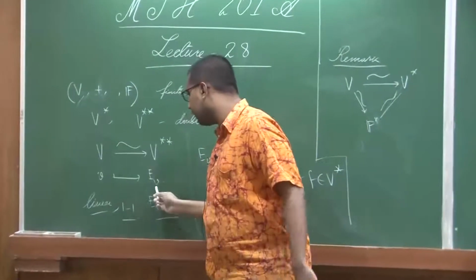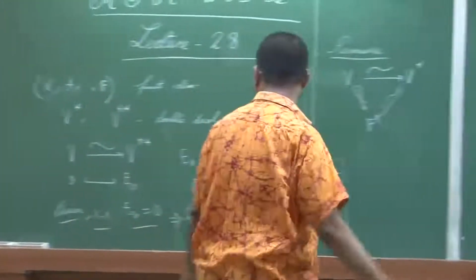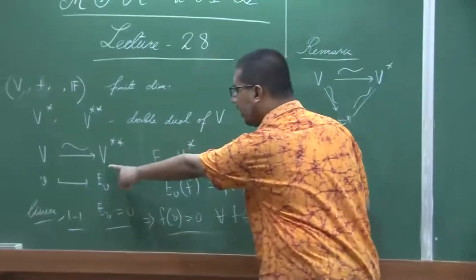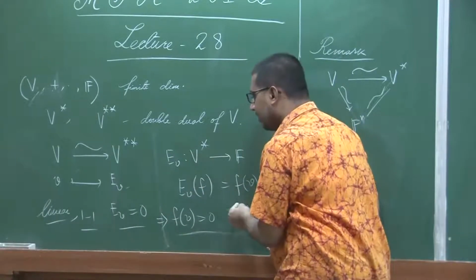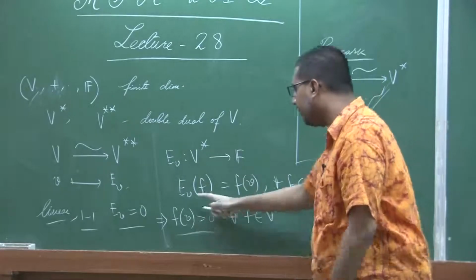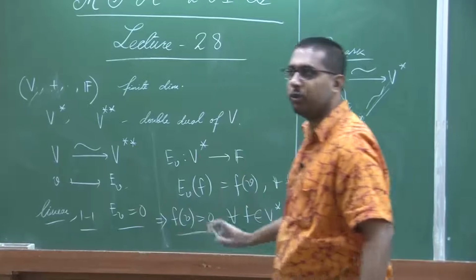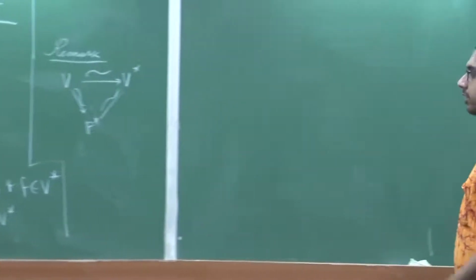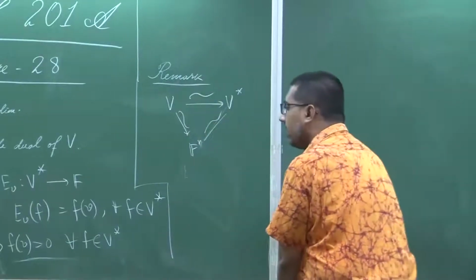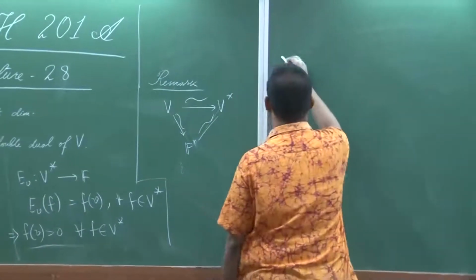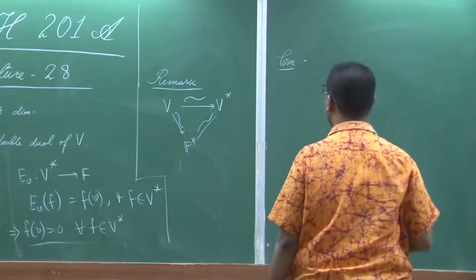This isomorphism shows that any linear functional on V star is basically some evaluation by some vector in V, that is what it shows, okay. So, then what should be the very natural corollary. So, corollary to this is as follows,